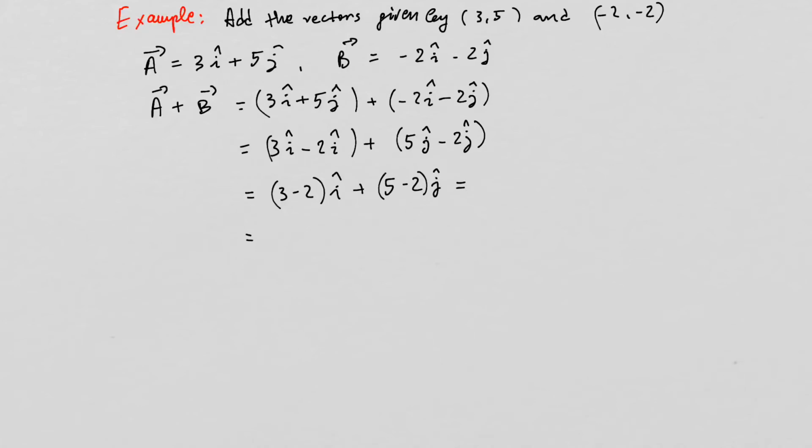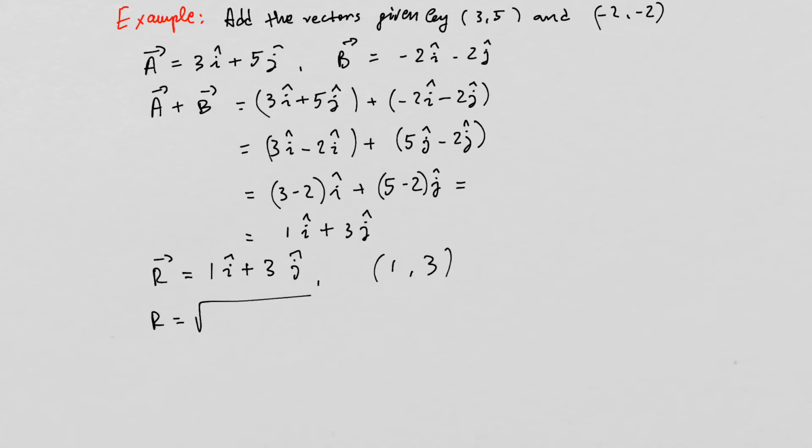Finally, that gives me 1 i hat plus 3 j hat. So the resultant vector R of the addition of A and B is 1 i hat plus 3 j hat, or in other words, that is a vector represented with components of 1 and 3. Now I can also find the magnitude of R. The magnitude of R is going to be equal to 1 squared plus 3 squared under a square root, which is equal to